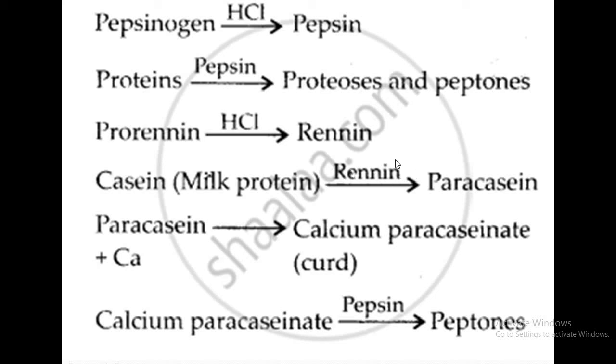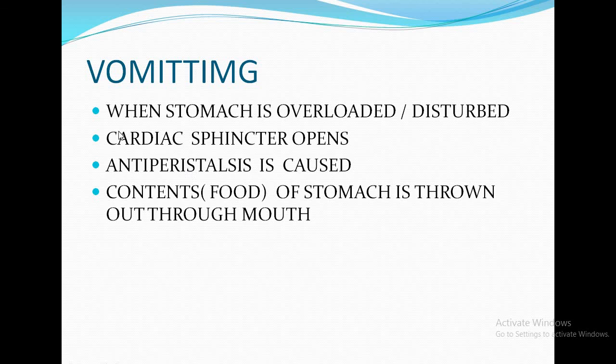So renin is basically secreted in more quantity in the childhood because a child is dependent on milk for their complete diet or food. So more quantity of renin is secreted in the childhood, and as we grow up, the quantity of the renin secretion decreases. These two are not part of your syllabus.